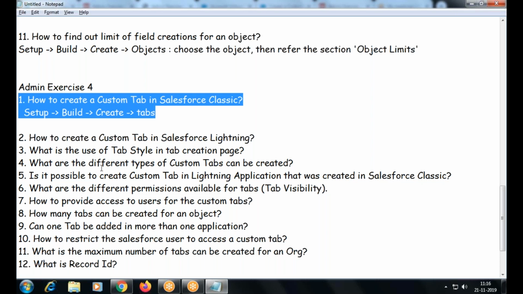By practice. By this time you should have created at least 30 tabs. If you create 30 tabs, how many objects should you create? 30 objects you should have created. Choose any object as you want: student, loan, insurance, vehicle, car, cycle, bike. Create any objects you want, create some fields, see any issues you faced and try to resolve them. That's a way to explore the tool.